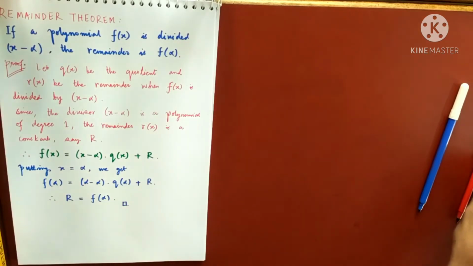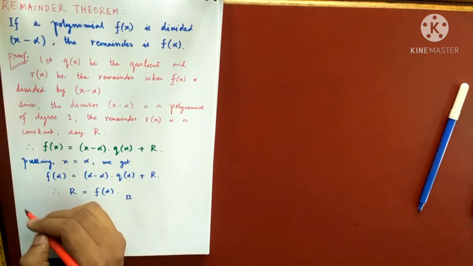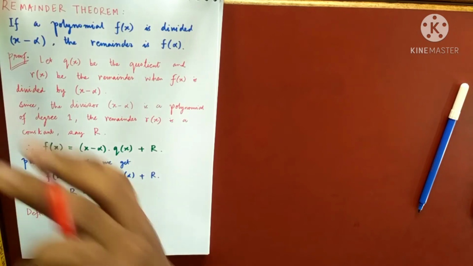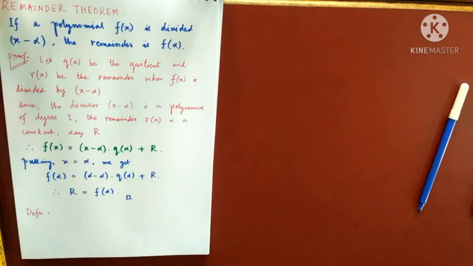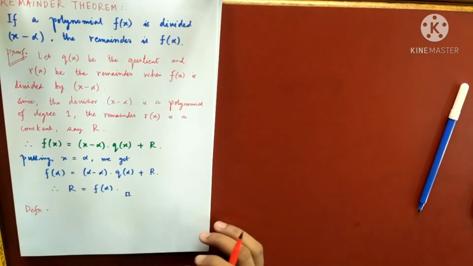You know the definition of a zero of a polynomial. That means the root of a polynomial. They are giving a definition here. What is the definition? I'll tell you. Yeah, so the definition is this: